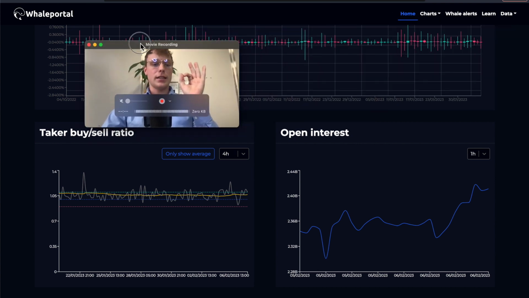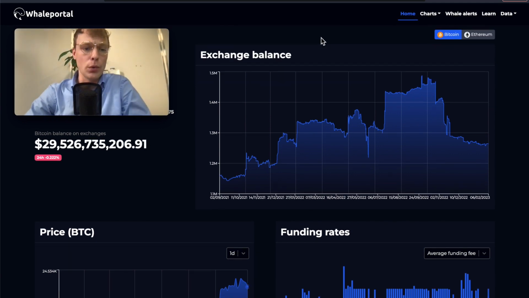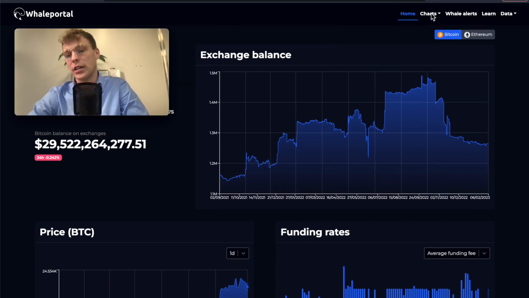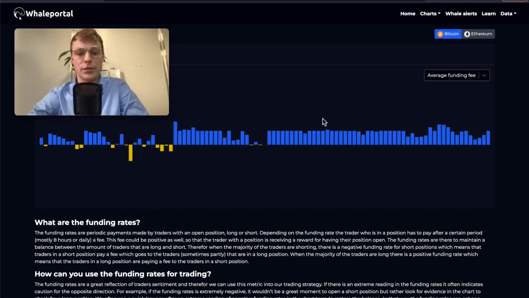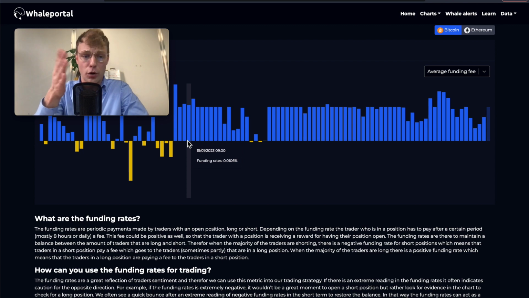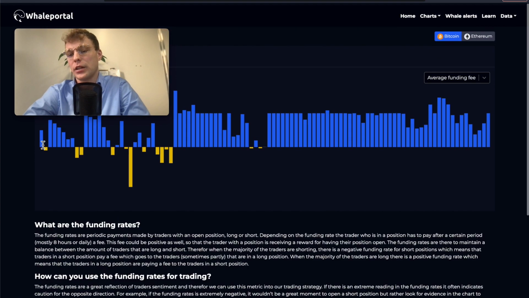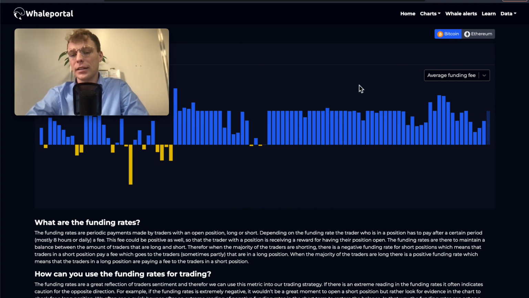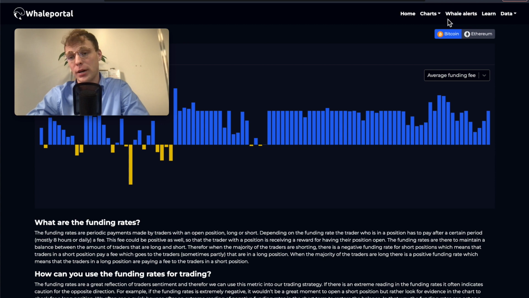With that being said, let's go through the other things right here on the Whaleportal platform. First of all, you got the charts right here. All of these charts you can watch separately on a different page. You just click right here on charts. You click, for example, on funding rates. Here you can see the funding rates. You can even see more detailed, more historic data, and a small explanation of what the funding rates basically are. But if you want to really get to know how to use these charts, you click right here on Learn,